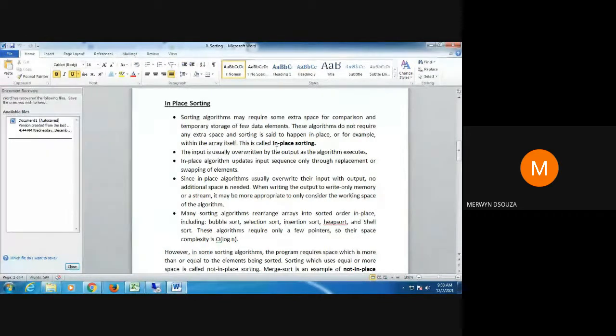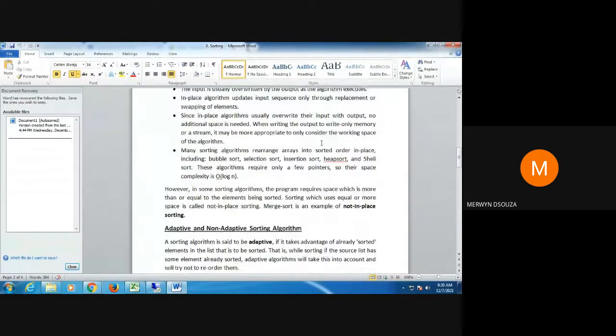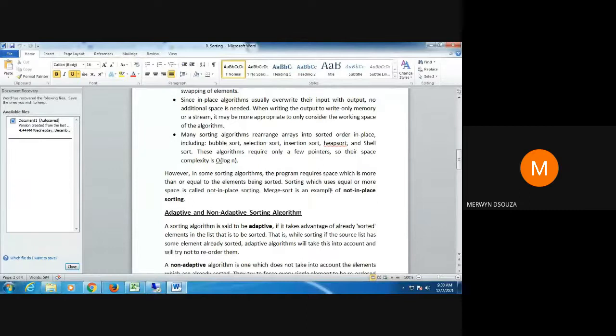That kind of algorithm is known as in place sorting. But suppose you are given an array and the algorithm requires more space to do the sorting, additional arrays or additional storage, then that kind of algorithm is known as not in place sorting.